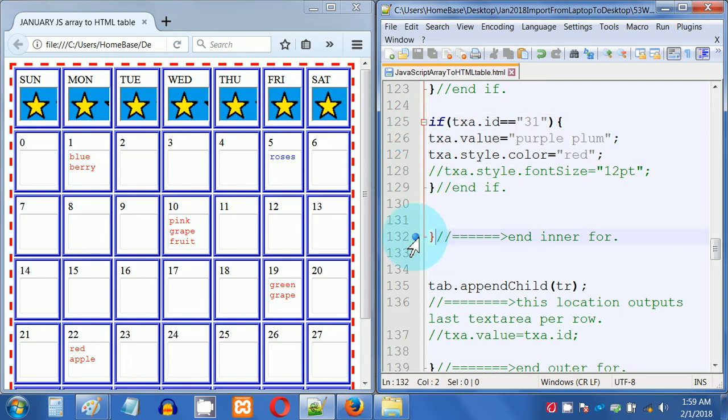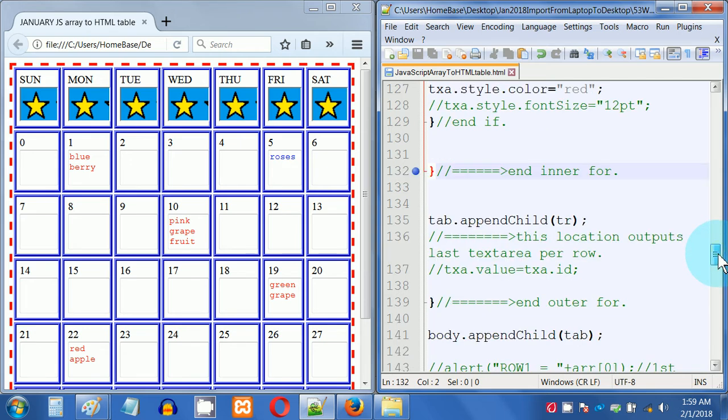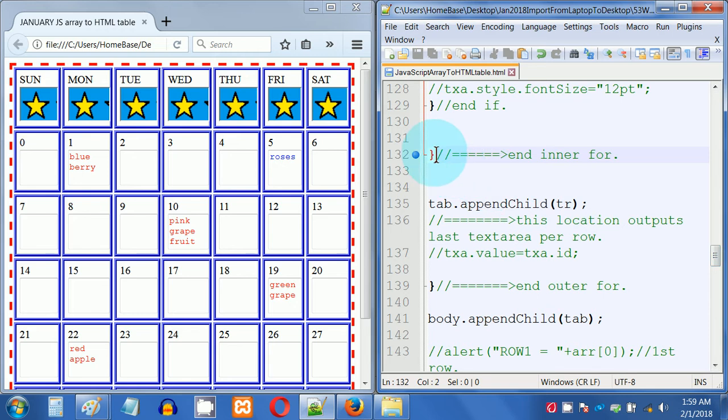Here at line 132 is the end of the inner for loop. Now since this is the end of the inner for loop, anything between this closing curly brace and this closing curly brace is in between the inner loop and the outer loop. So we have a single statement here, which is tab.appendChild(tr);